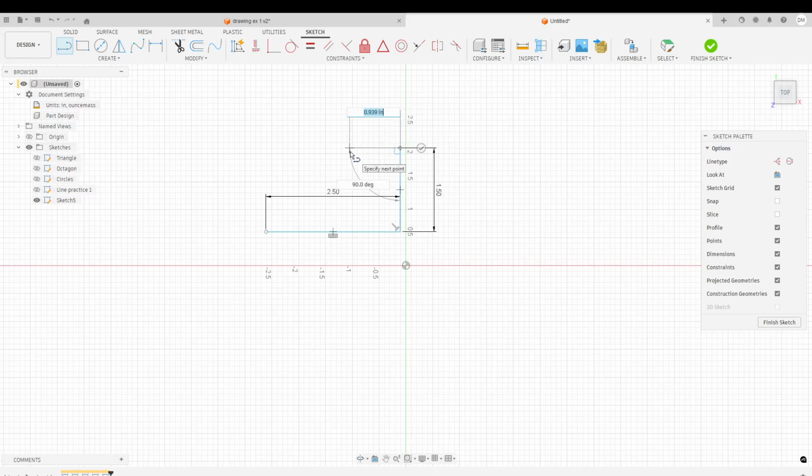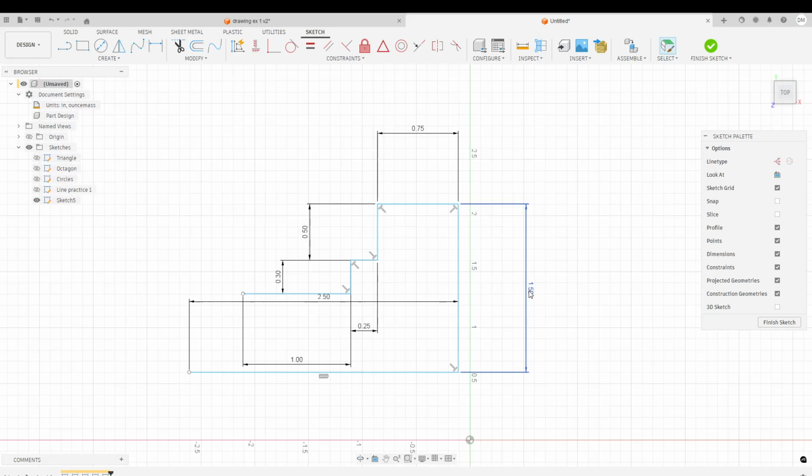Go to the left 0.75. Go straight down 0.5. Go across 0.25. Straight down 0.3. And then go to the left 1. There we go. So my sketch is completed, but because of the size of it and the constraints appearing on there,